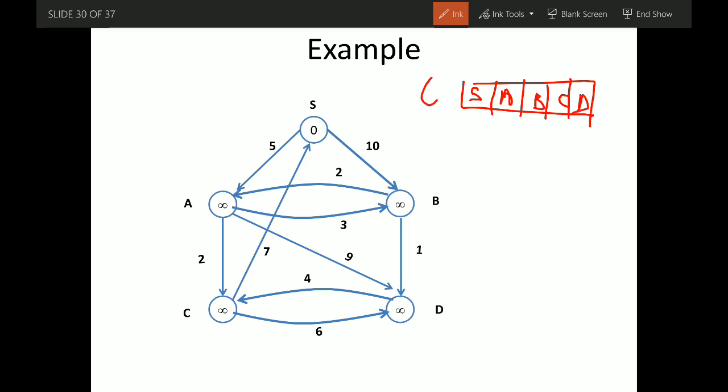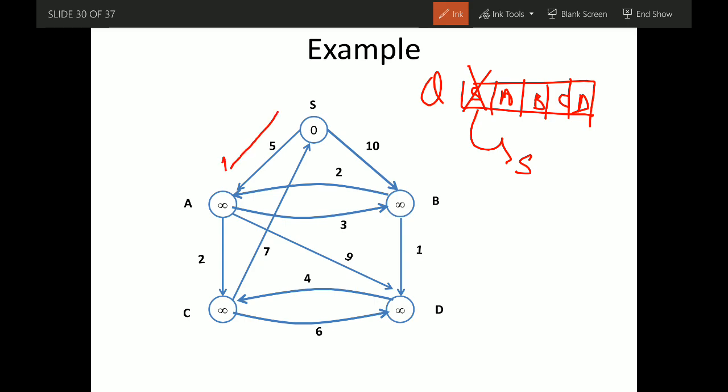So first we will remove S from the queue, which has the minimum shortest path estimate, and for all the adjacent nodes we relax the edges.